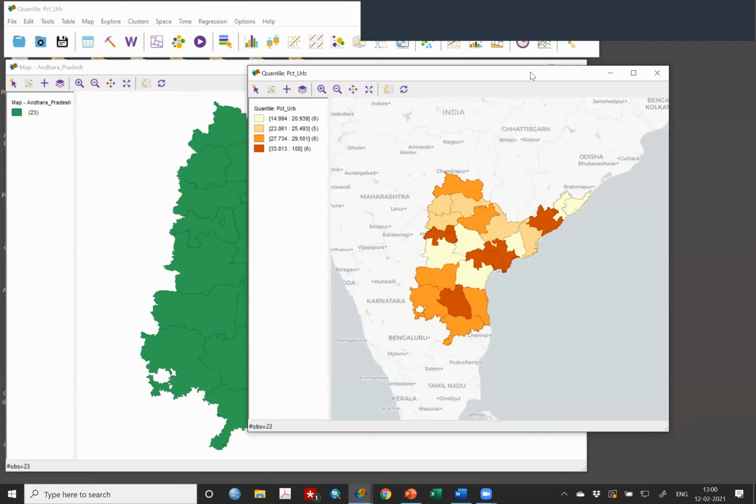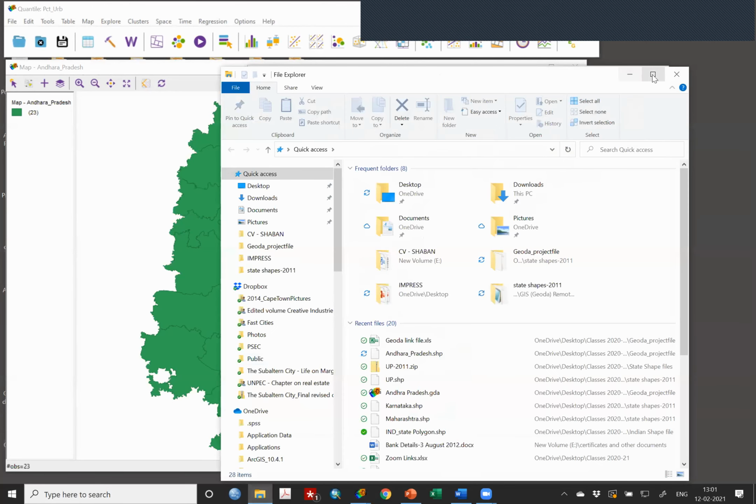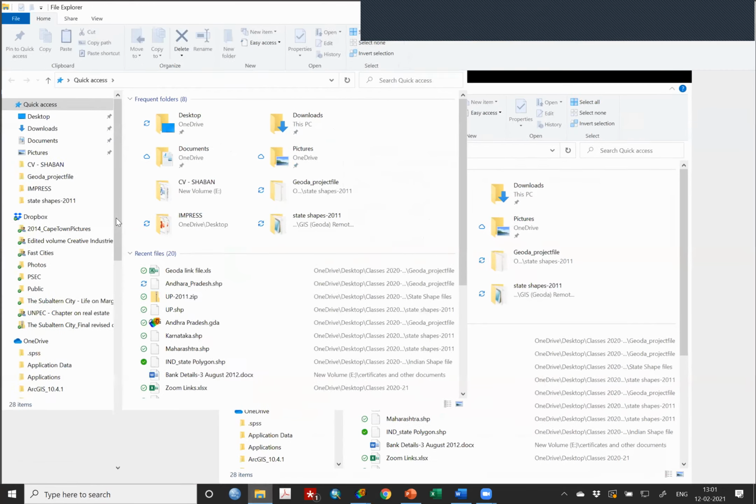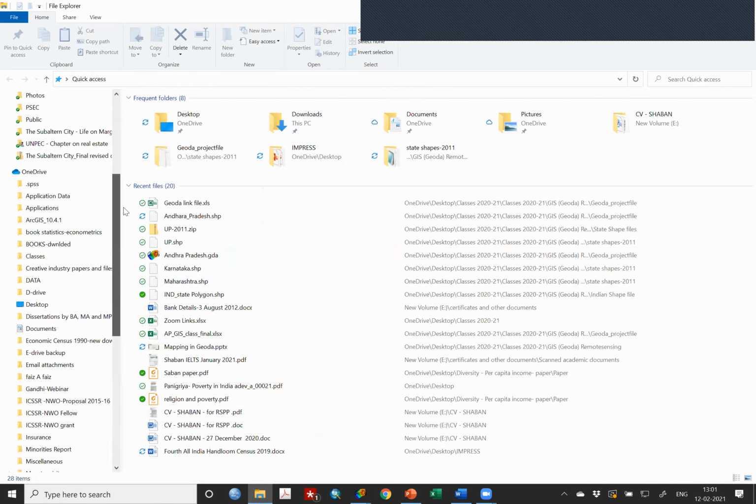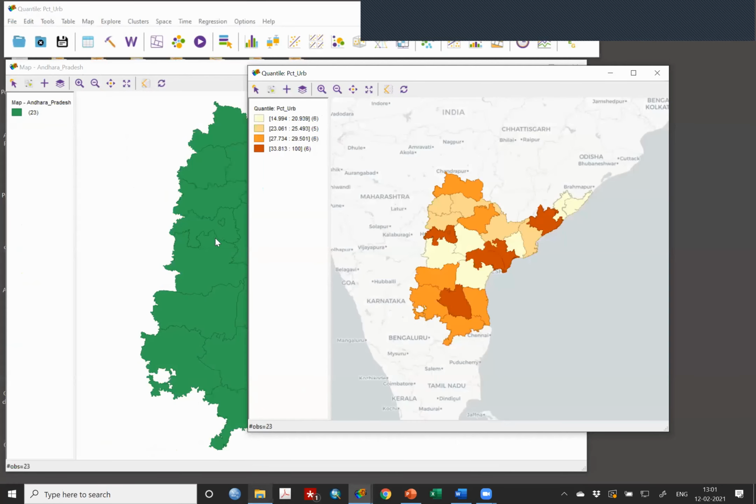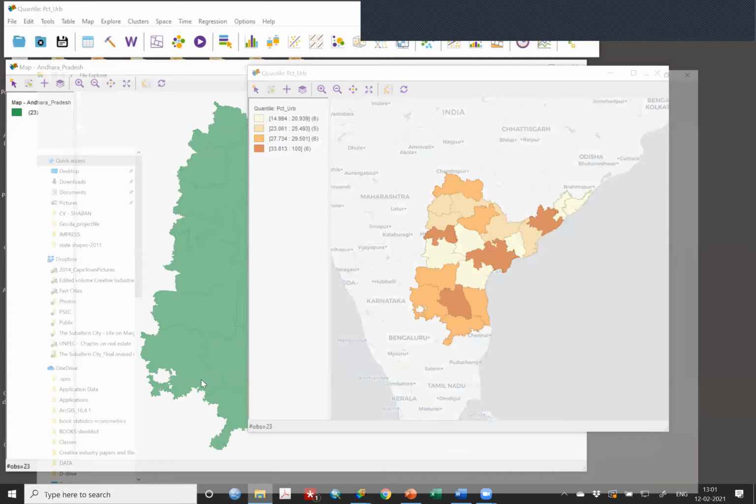Yes, sir, I missed it. Let me see. So that means I have not perfectly created it. Jhalawar in Rajasthan should not be there.